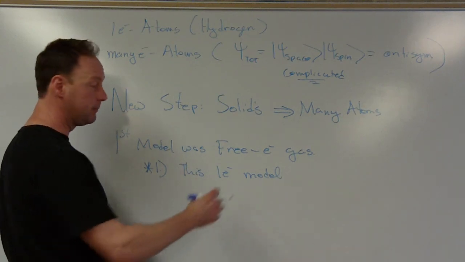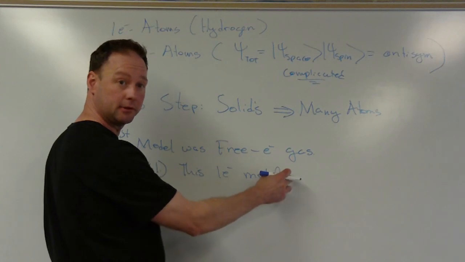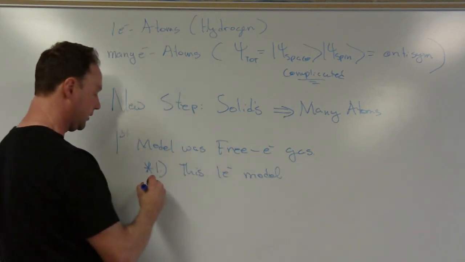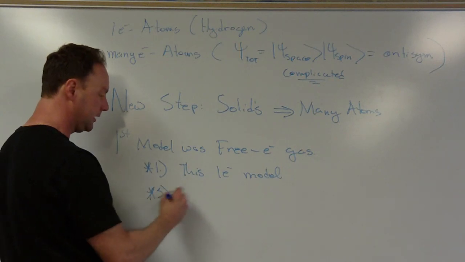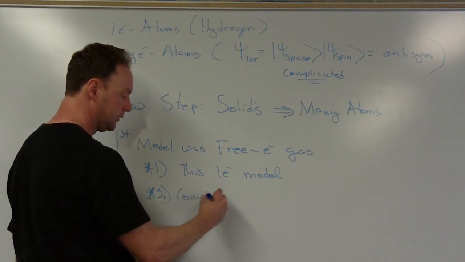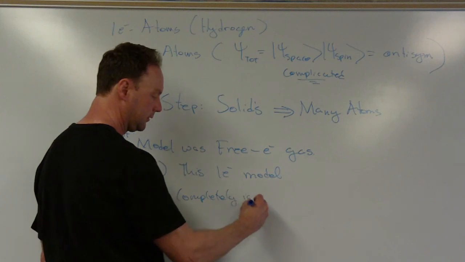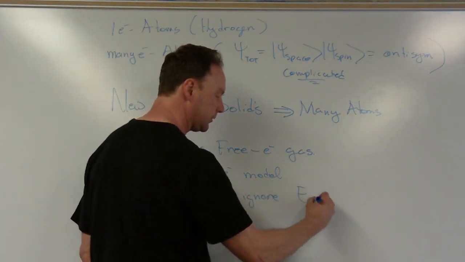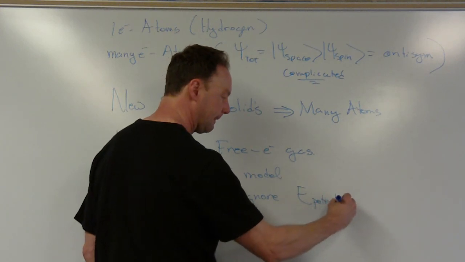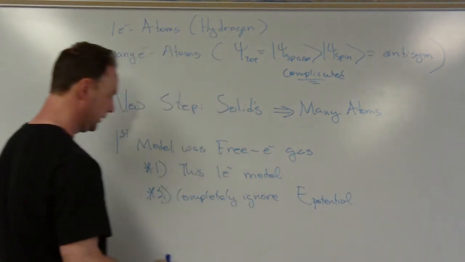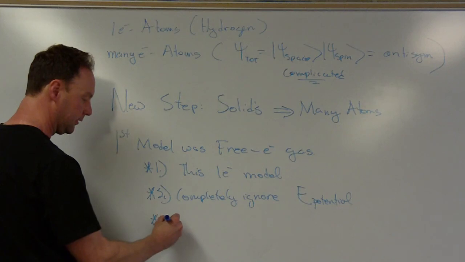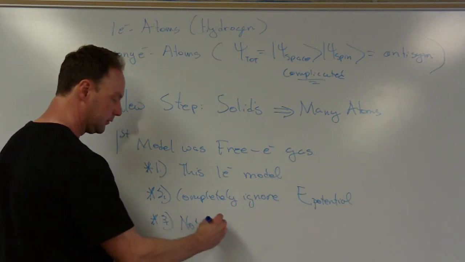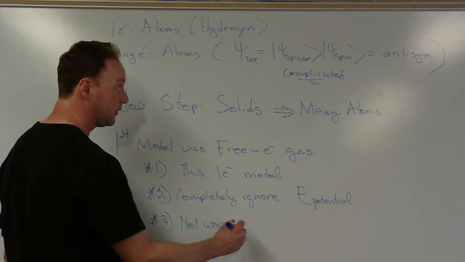We're going to make it many electrons a little bit later, but we're starting out that way. And two is we're completely ignoring the potential energy, E potential. And then three is not going to worry about the total wave